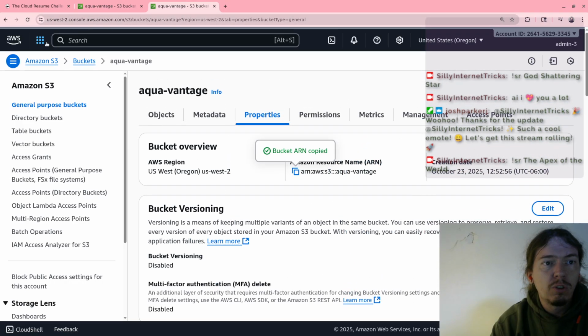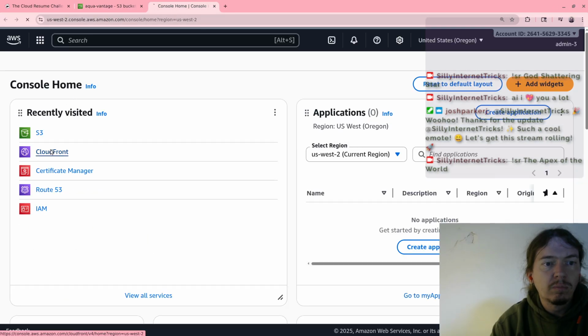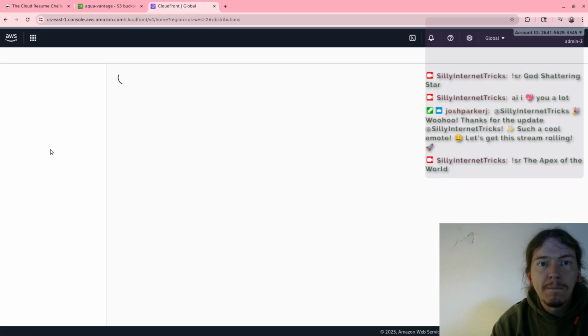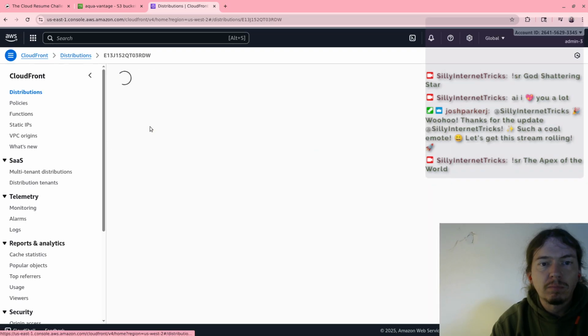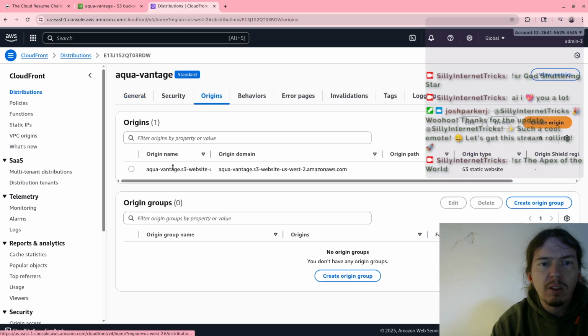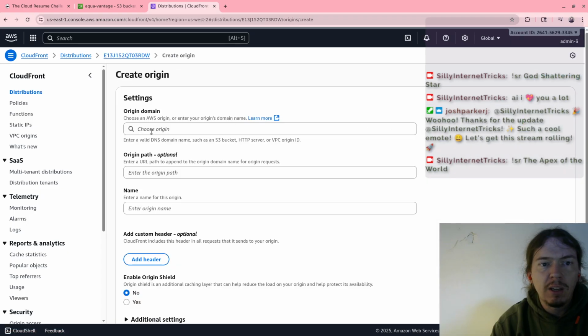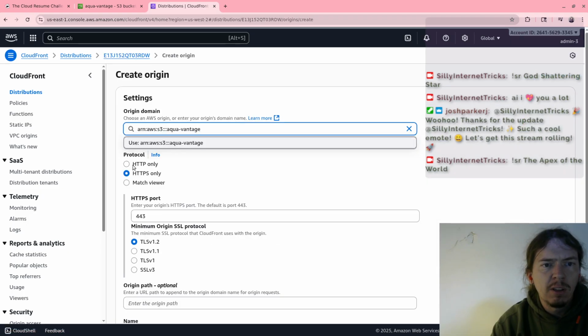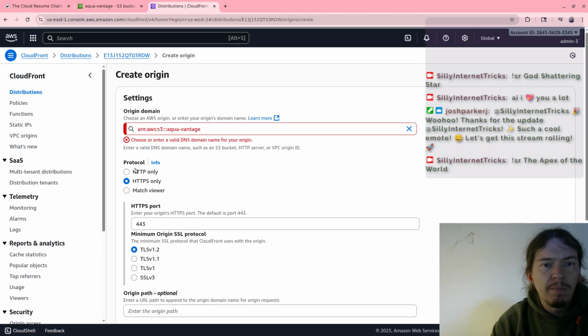So let's return to CloudFront. I'm kind of guessing that the origin should probably be actually this. Oh, choose an AWS origin.